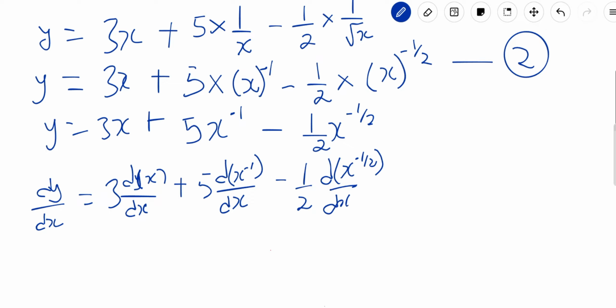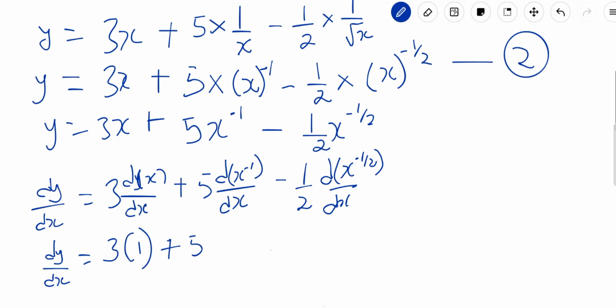So dy/dx is going to be equal to 3, and 3 is a constant, so that's the scalar multiple function rule, I'm using the constant to multiply whatever I differentiate. If I differentiate x, I'm just going to have 1